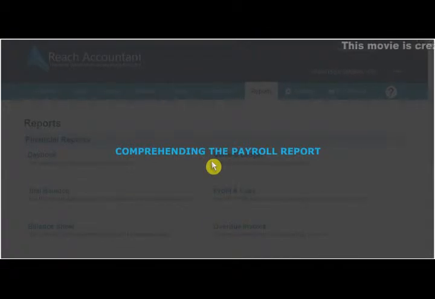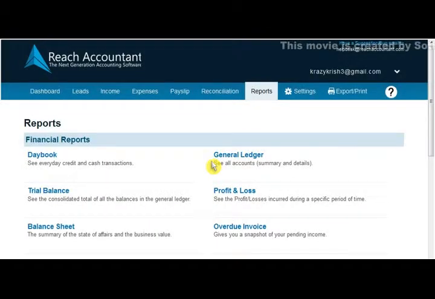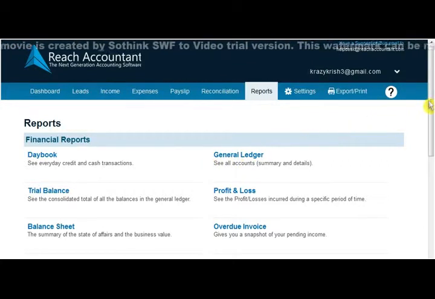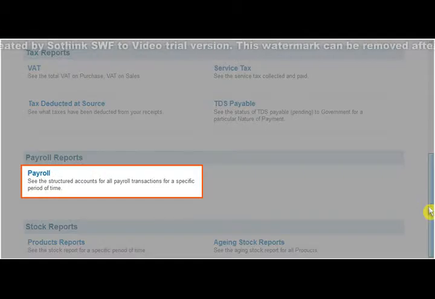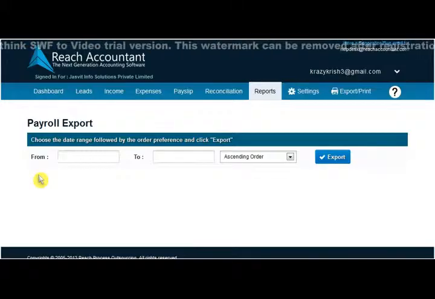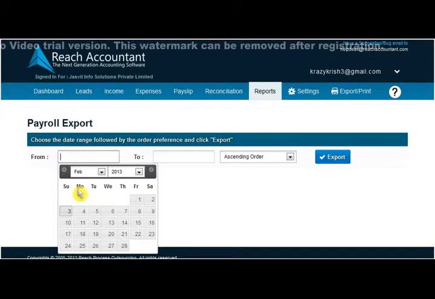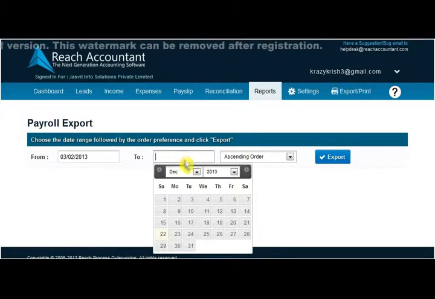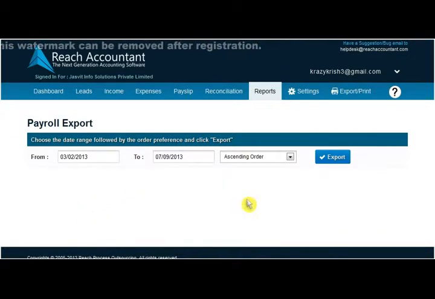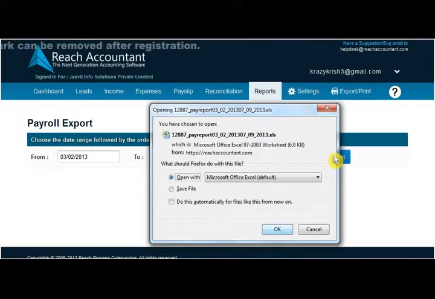Comprehending the Payroll Report. Payroll Report gives a view of salary sheet which is payable to staff for a month. Go to Reports tab and click Payroll Reports icon. Select the period of time and click Export. On clicking Export, the download pop-up box is shown.